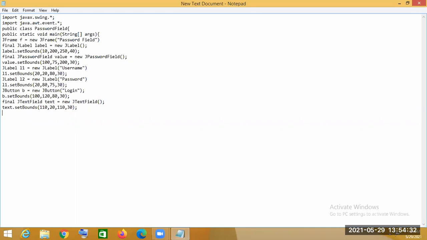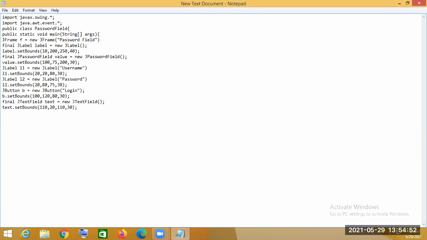So for that, we have to use the add method. Through the frame class object, we have to call the add method, and as a parameter, we have to send all the components' objects one by one.